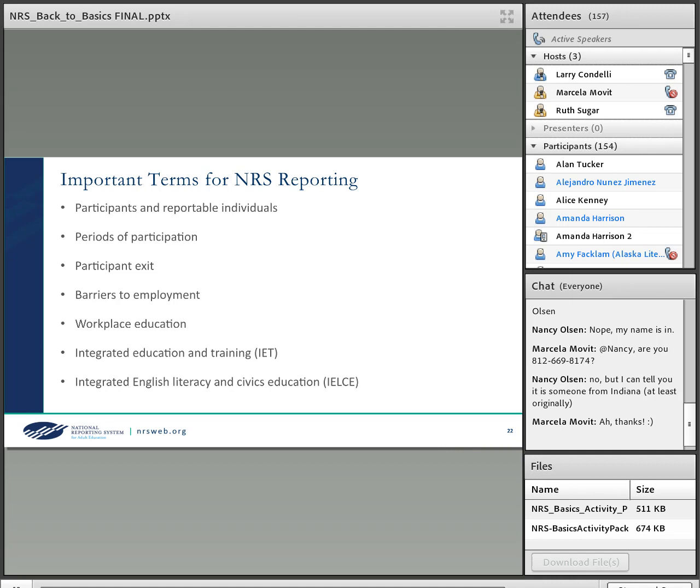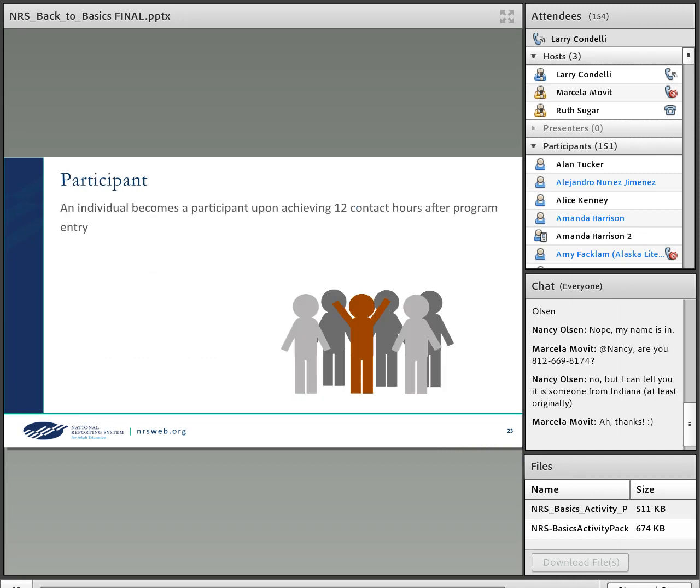Participants and reportable individuals, periods of participation, what does it mean to exit, of course barriers to employment, and then we have 3 special programs or terms that we use for types of services we provide under WIOA: workplace education, IET, and IELCE, or integrated English literacy and civics education. So let me start with the